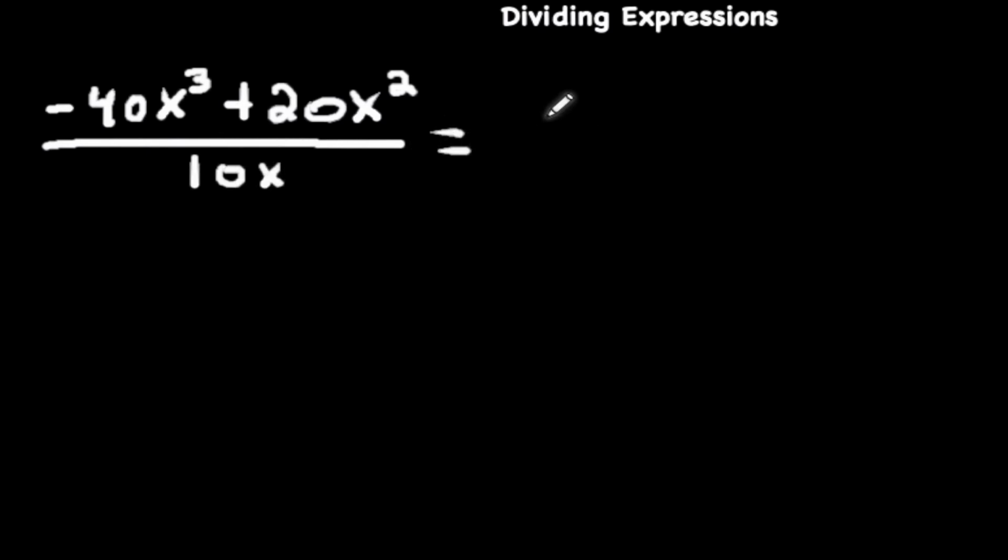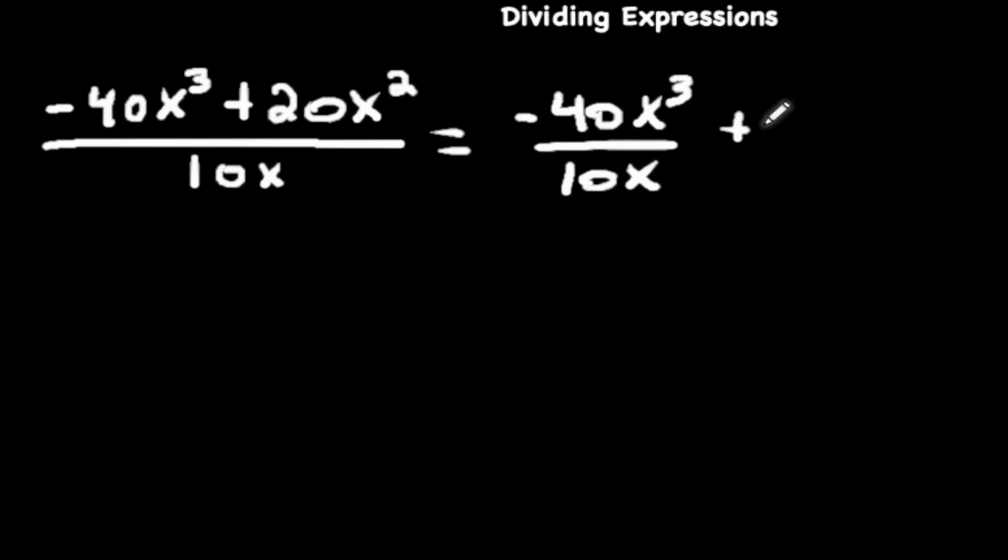So it's equal to negative 40x cubed divided by 10x plus 20x squared divided by 10x. Okay, so what we're going to do is divide negative 40 divided by 10,